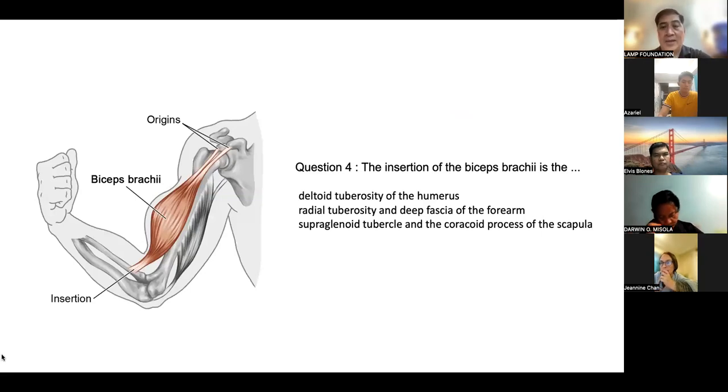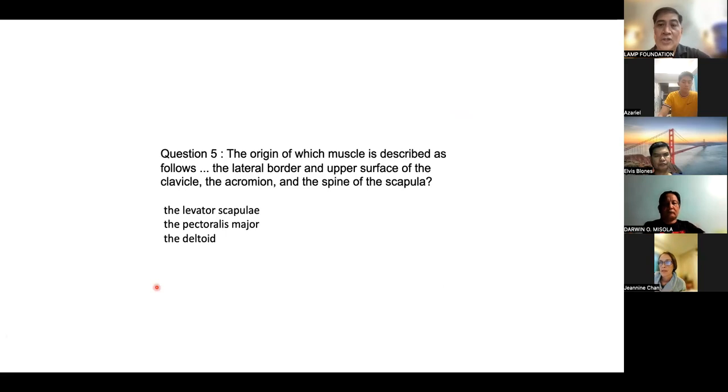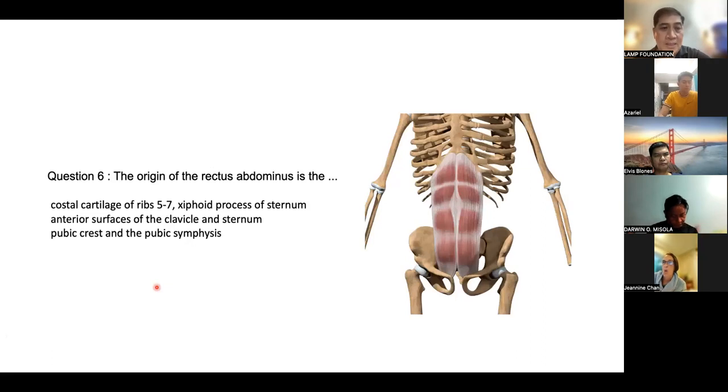Insertion of the biceps brachii is the radial tuberosity and deep fascia of the forearm. Very good. Origin of which muscle is described as follows: the lateral border and upper surface of the clavicle, the acromion, and the spine of the scapula. The deltoid. Good. Origin of the rectus abdominis is the,